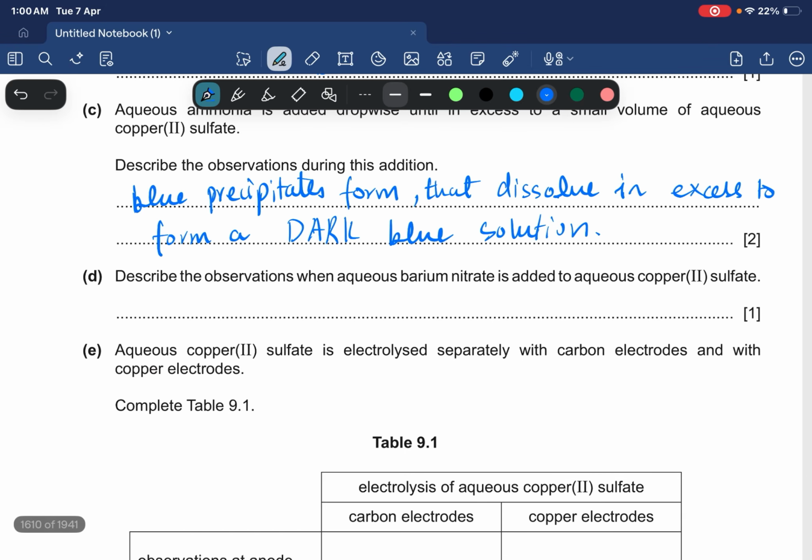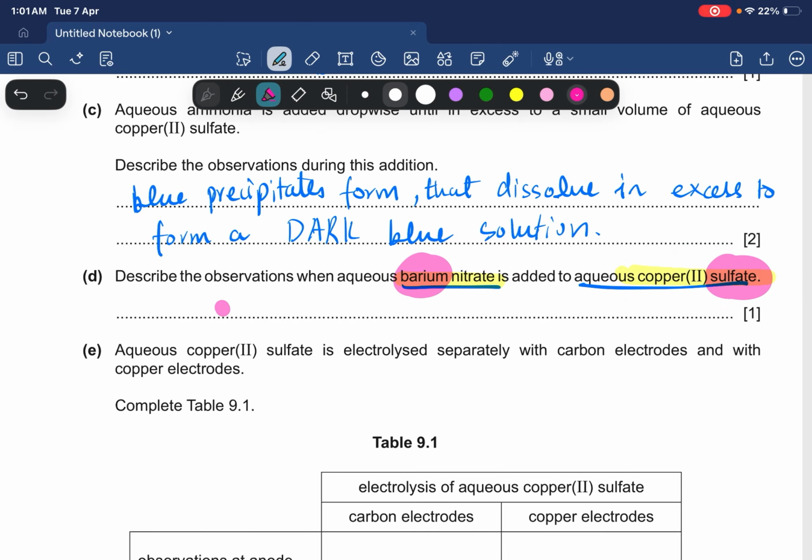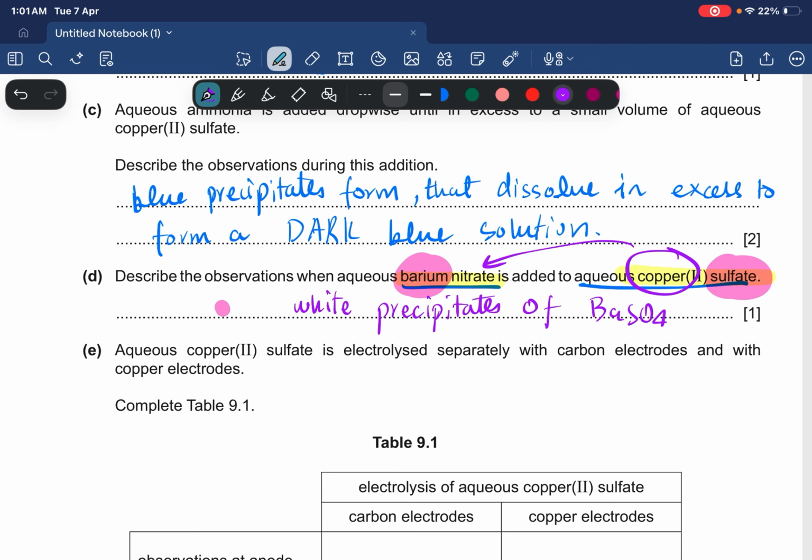Describe the observation when aqueous barium nitrate is added to aqueous copper(II) sulfate. You're adding barium nitrate to copper(II) sulfate. Can you see barium sulfate is going to be formed? This is a precipitation reaction. Two soluble salts react to form an insoluble one. So over here, we're going to form white precipitate of BaSO4. And you're also going to form copper nitrate, but that's going to be soluble,